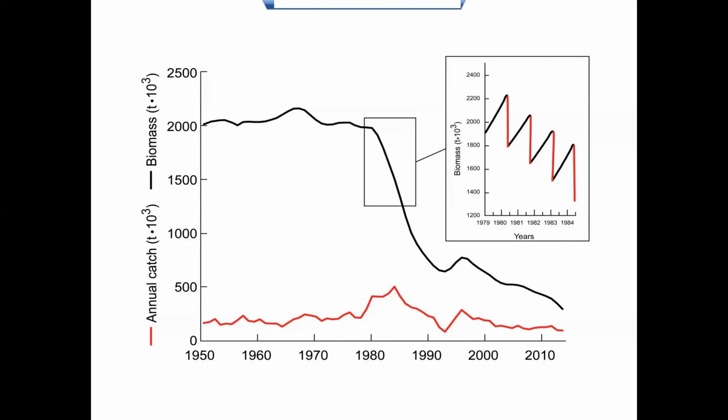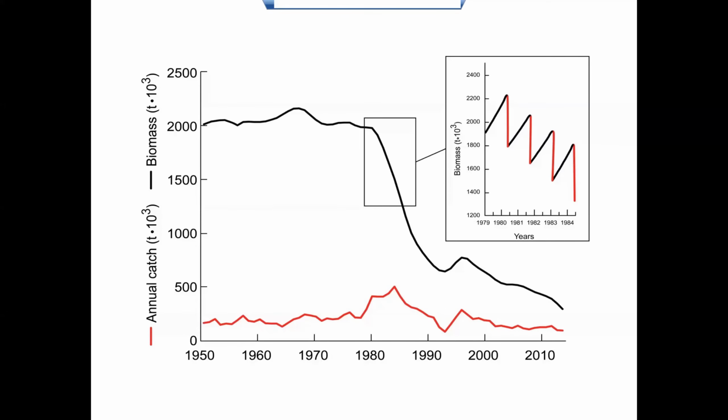And basically, if you have a small catch, the population will remain stable. But if your catch increases, and you can say in this example, in the 80s it increased, what you take away from the stock cannot be compensated for, and then the biomass declines. And if you go back to the same catch that you had before, at that point the biomass is not big enough to sustain that catch, and it continues to decline. So how do you get that?